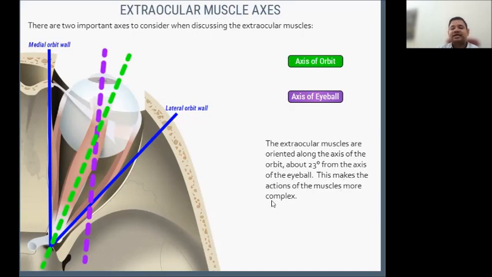So specifically, for the muscles which lie in these two directions, either in the axis of orbit or axis of eyeball, the normal action will be something other than what is expected, especially for the superior rectus, inferior rectus, and oblique muscles, which lie at 23 degrees from the axis of the eyeball. Action wise, if you see,